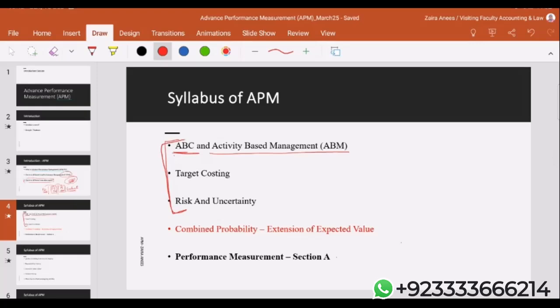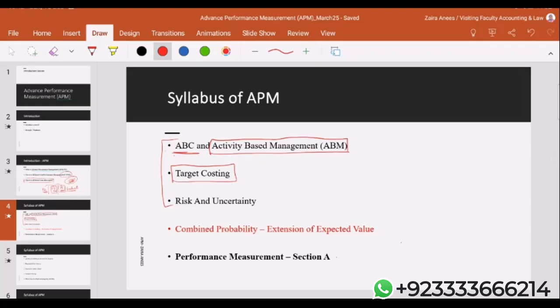So generally, I start with this because this is a very easy topic for students. Generally, we start with activity-based costing and activity-based management, which is a very different part. I believe the students have no idea about it. Then target costing, it's the same topic which the students know, which is a part of F5, and now